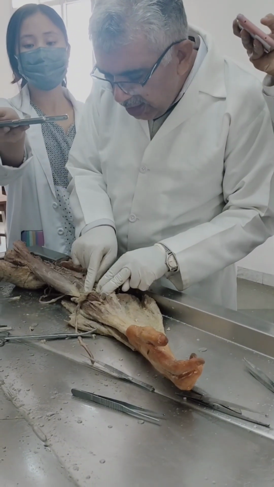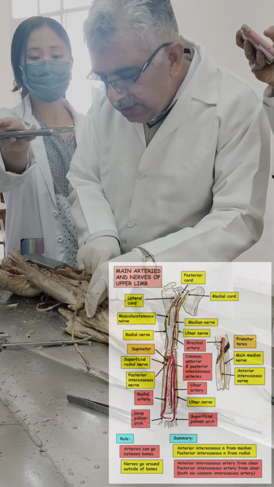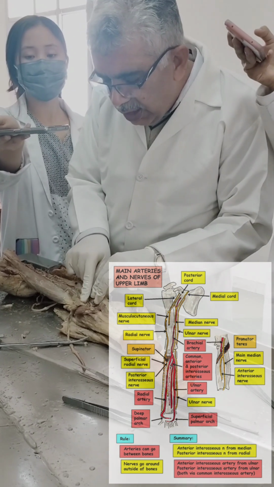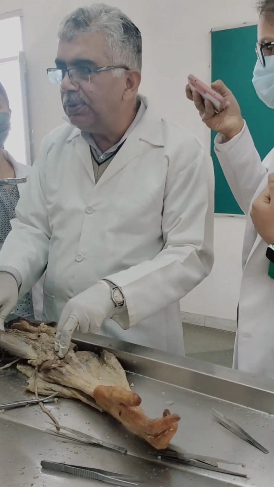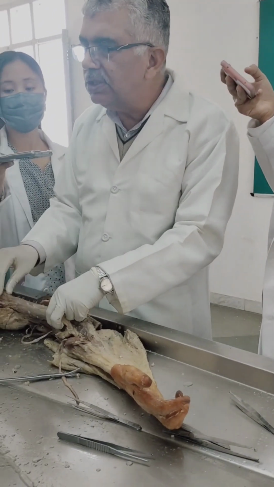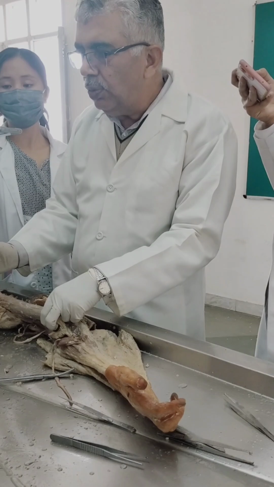It also gives an extension called the bicipital aponeurosis that separates the brachial artery from the median cubital vein. Biceps helps in flexion as well as supination. Its long head also stabilizes the head of humerus.